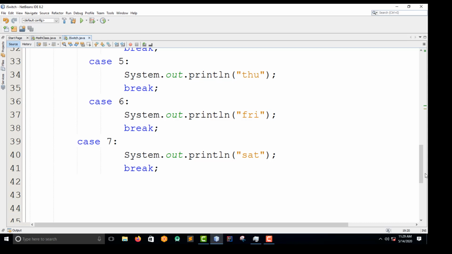So next, let's do a subtopic which is called the break keyword. So let me explain the break keyword. When Java reaches a break keyword, it actually breaks out of the switch block. Do you guys understand that?